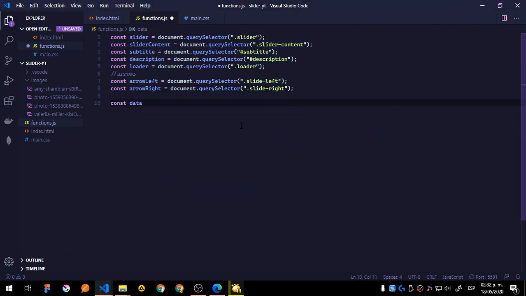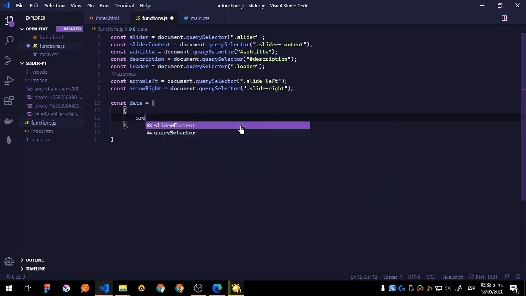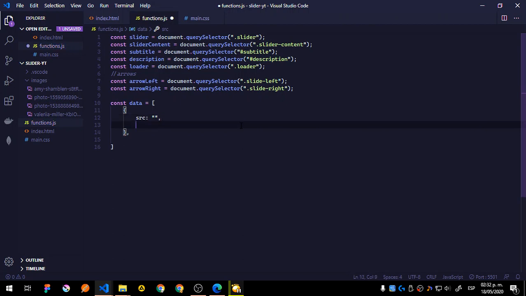So we need this constant data, which is going to be an array of objects. So each object is going to have the next properties: source, which is going to be a string, and h2, which also is going to be a string. And I know I'm kind of treating this like Angular or TypeScript, but we are going to pass the information in these strings. Okay, so now let me just copy